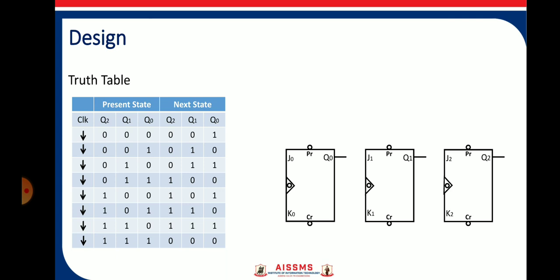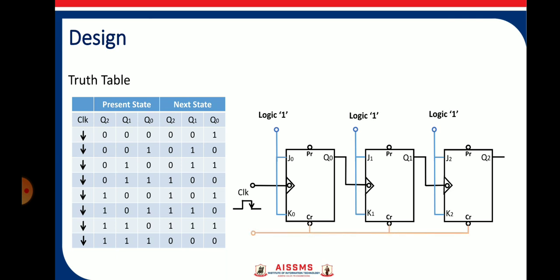There is one thumb rule. In an asynchronous counter, only the first flip-flop is connected to the external clock, as shown here, and the other flip-flops are connected to the output of the previous flip-flop. In this case, we are going to perform up counting, so that's why we have to connect the Q output as a clock to the next flip-flop. You can see here. Next, the inputs of the individual JK flip-flops, that is nothing but the J value and K value, both we have to connect to logic 1.